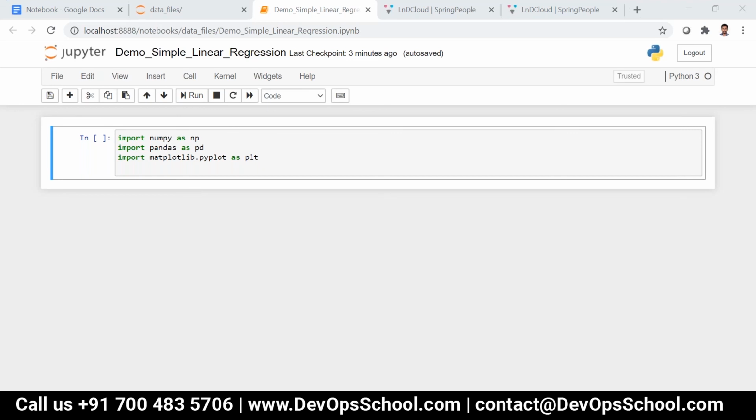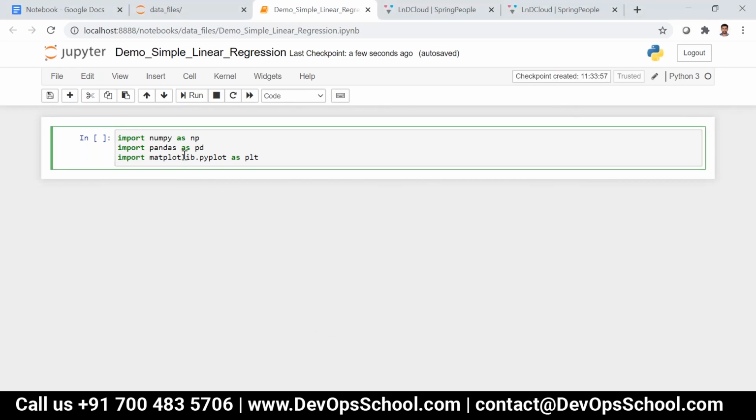So now we are going to talk about simple linear regression. First let me explain what this algorithm is about, and then we will get on with the hands-on. Regression is used to find the best fit line. Consider I have some data like this.